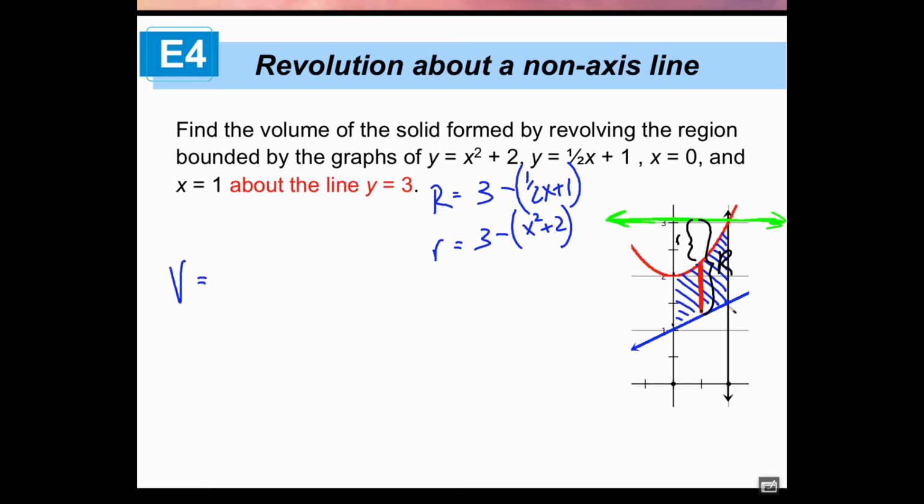Integral. Okay, so the volume of, there's a pi sitting out in front. Celeste, what are we going from? 0 to 1 of R squared. Good. Capital R squared, which is 3 minus the quantity, 1/2 x plus 1, close parentheses, that whole mess squared, minus 3 minus parentheses